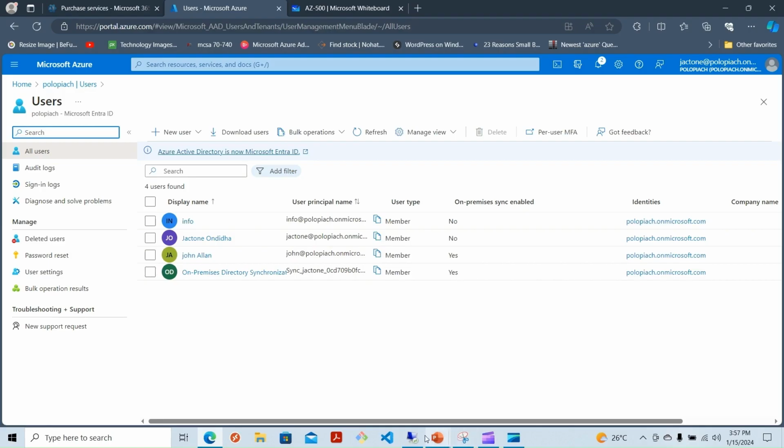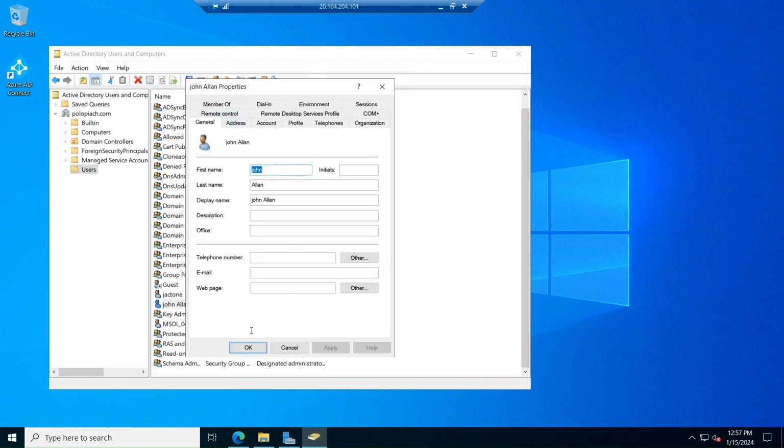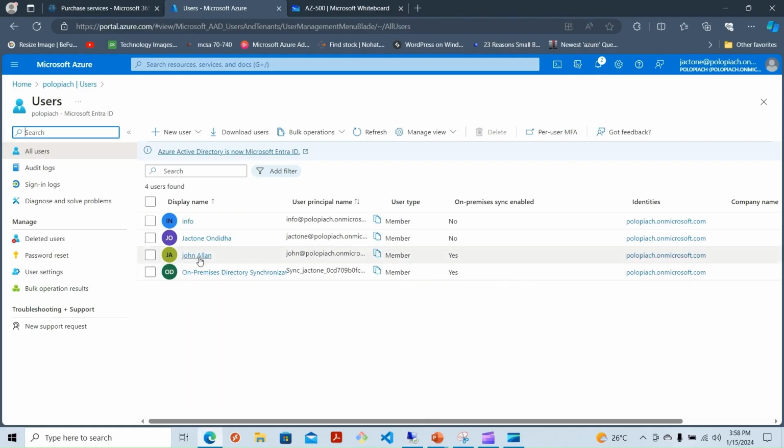If I take you back to our VM and go to Active Directory Users and Computers, you'll see here there's John Allen. John Allen is a user who is created within our Active Directory here, and you can see that user is synced to our Microsoft Entra ID. So this is how Azure AD Connect gets to work with the Azure AD by connecting the two Active Directories. So if we go back to the question,